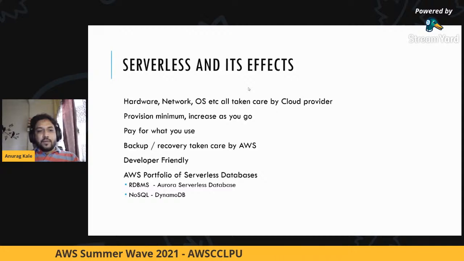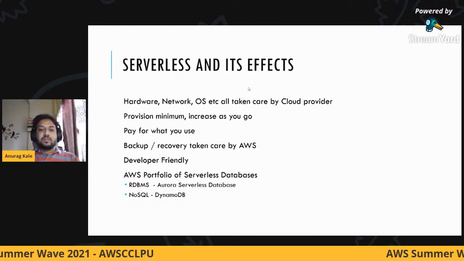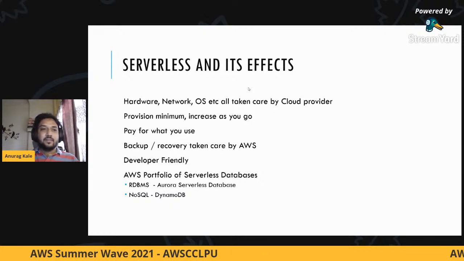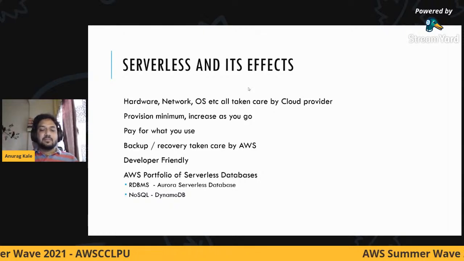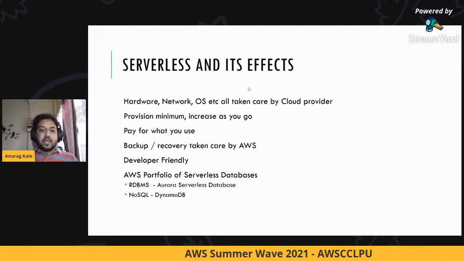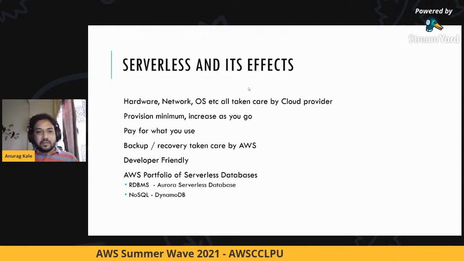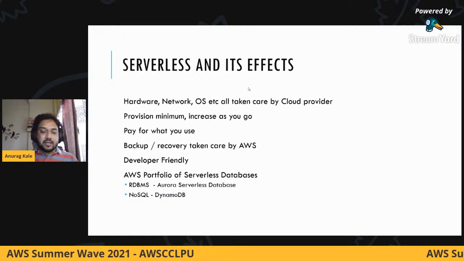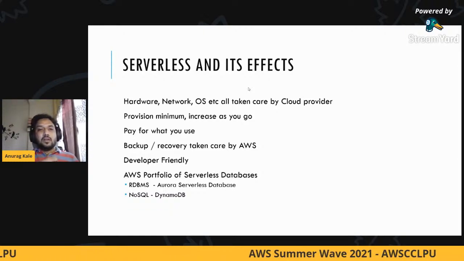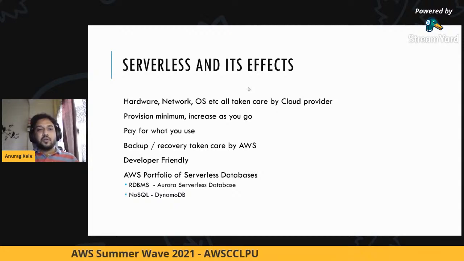Now, the way Aurora Serverless Database works is, you tell them that this is the minimum amount of capacity that I need, and this is the maximum amount of capacity that I am willing to pay for. Anytime your service, your application, your website gets a lot of users, Aurora will take note of it and increase the size of your resources.